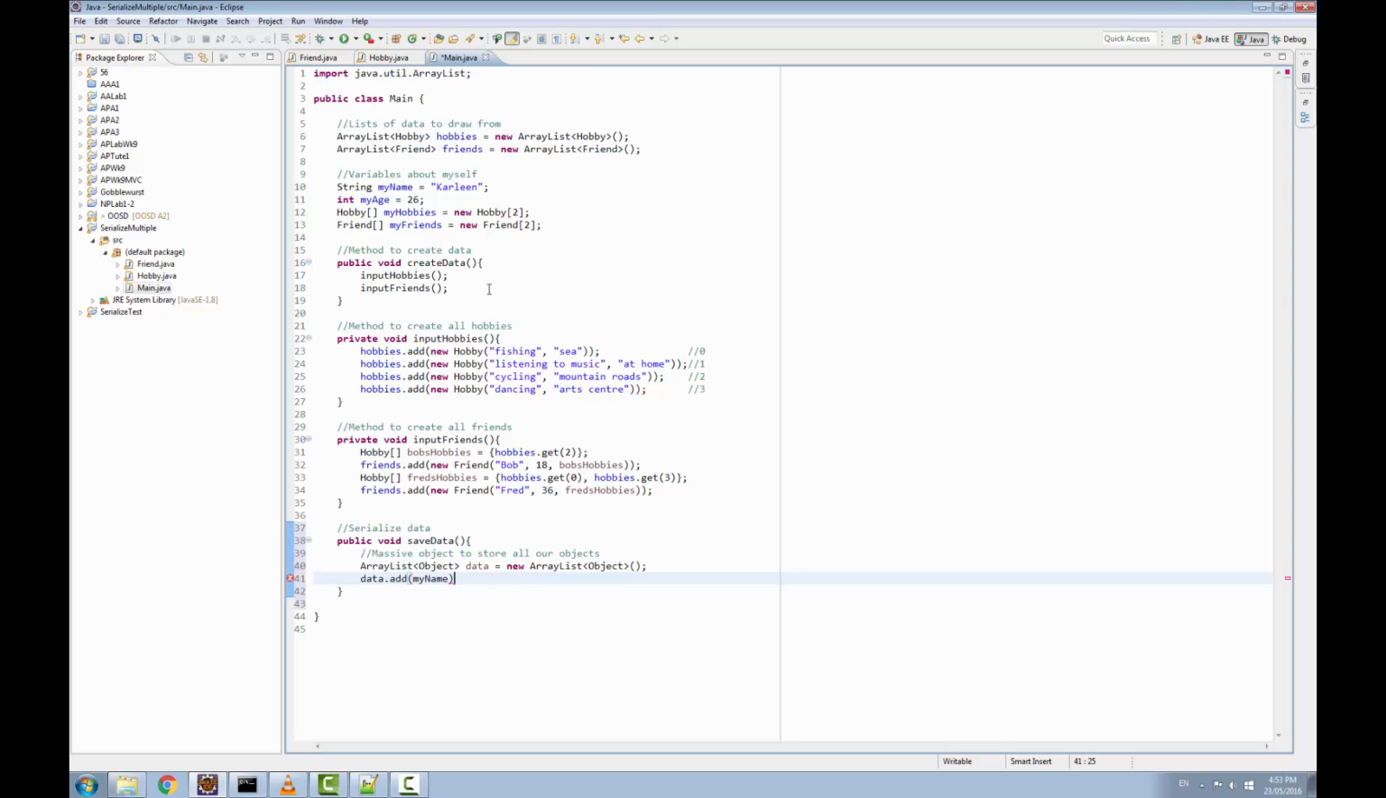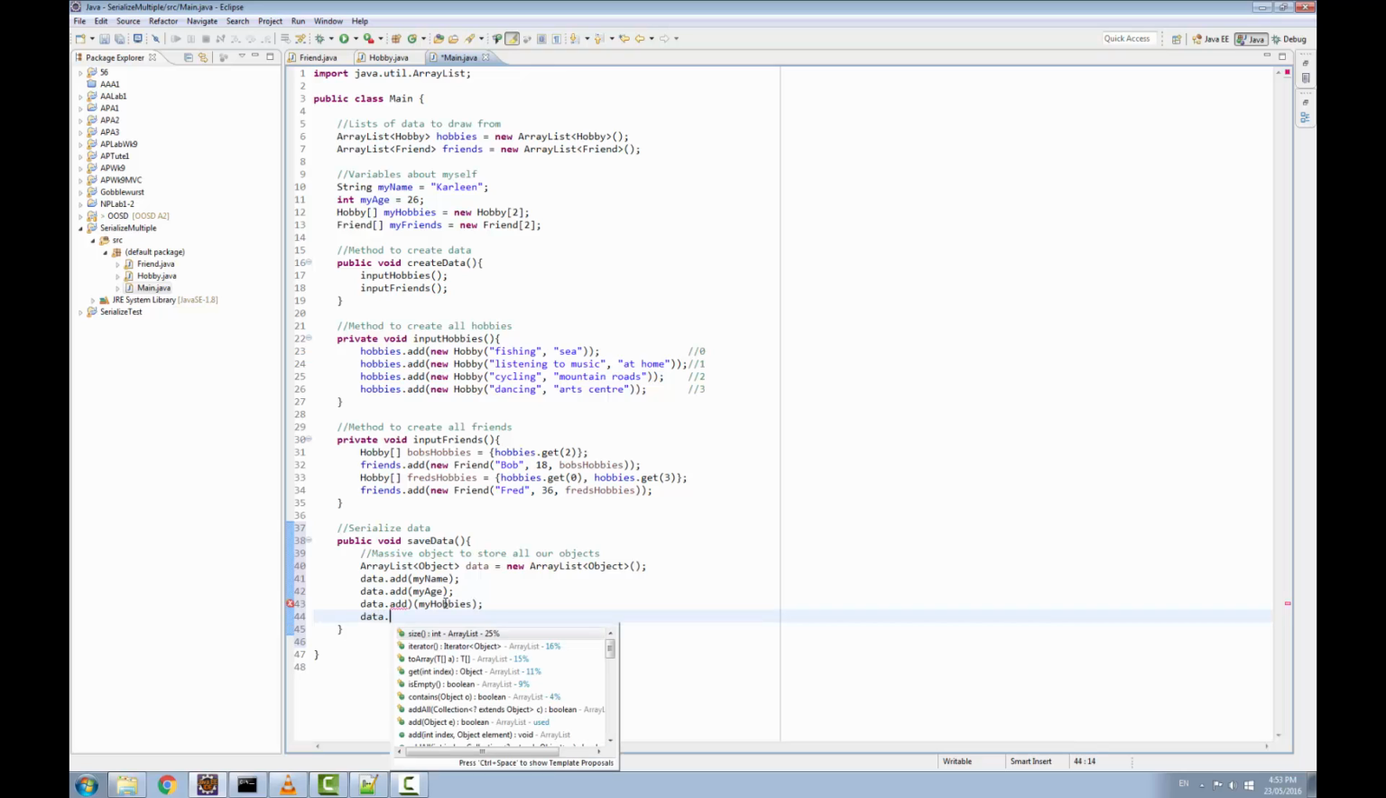So data.add my name, data.add my age. Okay, data.add my hobbies, data.add my friends. Okay, get rid of that and that. Okay, we're only saving 4 things, but inside my hobbies, remember we had 2 hobbies of mine, which was, I'd